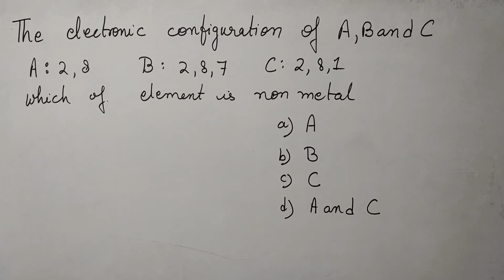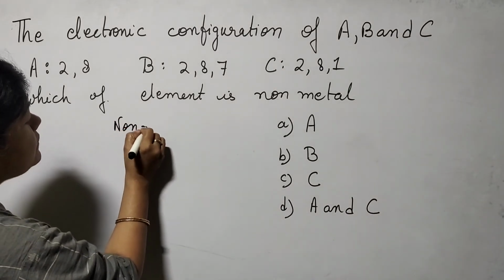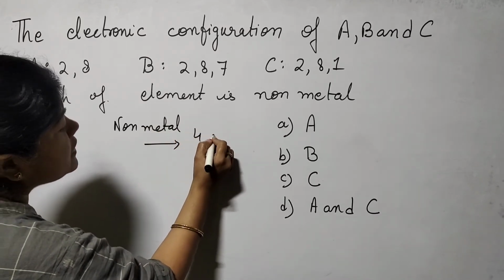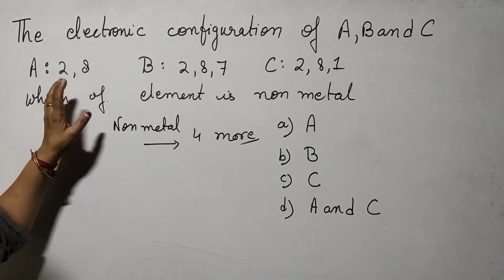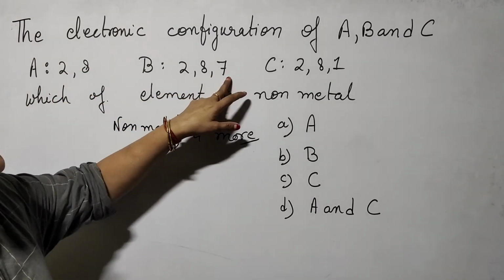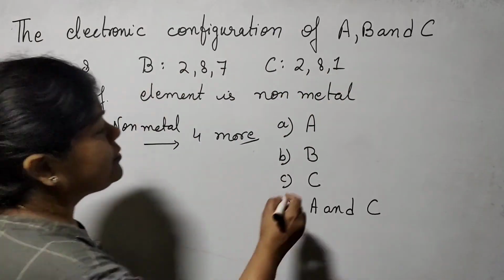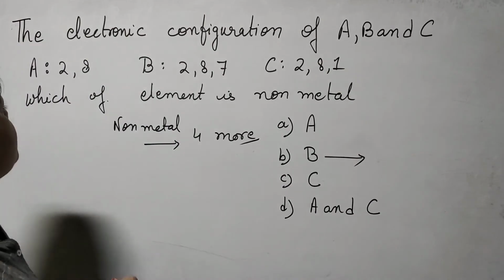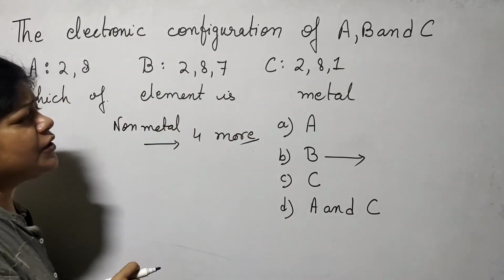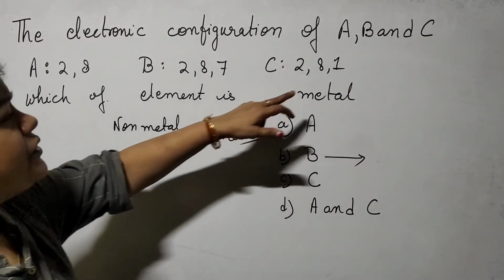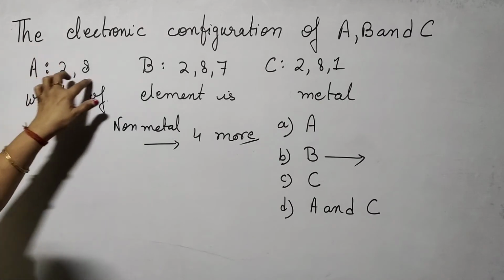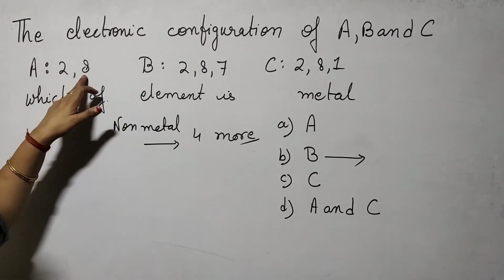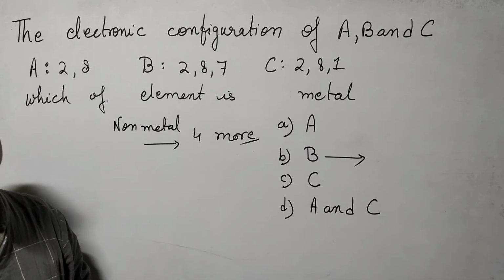The electronic configuration of A, B and C are given. Which of the elements is a non-metal? यहाँ पर आपको एक चीज़ बता दूँ कि जो भी नॉन मेटल्स होते हैं इनकी बाहर की वैलेंस ऑर्बिट में 4 से ज़्यादा इलेक्ट्रॉन्स होते हैं, 4 से ज़्यादा इलेक्ट्रॉन्स होते हैं. यहाँ पर 8 है, 8 तो वैलेंस शेल कंप्लीट होता है, तो ये वाला नहीं होगा. यहाँ पर ये 7 है, ये 4 से ज़्यादा है, ये 1 है, तो ये भी नहीं होगा. तो जो बी वाला ऑप्शन है ये हमारा राइट आंसर है. अभी यहीं पर अगर हम क्वेश्चन पूछ रहे हैं विच ऑफ द एलिमेंट इज अ मेटल, मैं यहीं पर समझा रही हूँ, तो जिनका 4 से कम होगा वो आपके मेटल्स हैं. तो ये आपका जो 1 वाला है सी, ये आपका मेटल हो जाएगा. ठीक है, और लेकिन तो फिर ये क्या होगा, ये हमारी नोबल गैस है क्योंकि इसकी ऑक्टेट कंप्लीट है. तो जिसके बाहर के ऑर्बिट में 8 होता है तो वो नोबल गैसेस होती हैं और उनका ऑक्टेट कंप्लीट होता है.